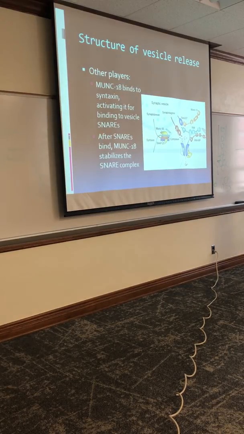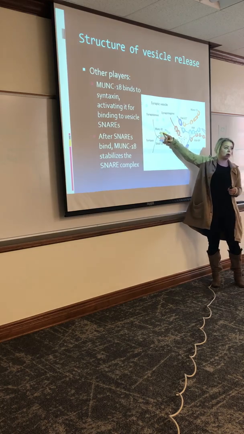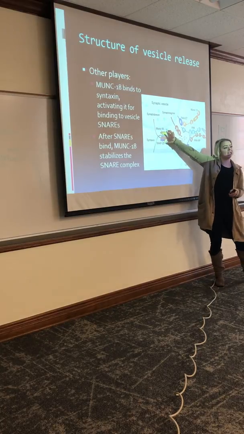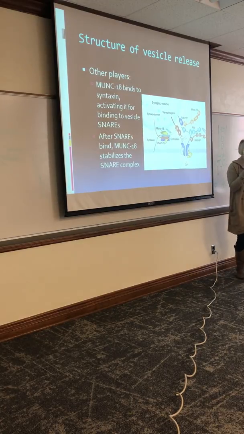So, all right, some of the other players in this system are MUNC18. So again, this protein is involved in the snare complex. It's this cool little boomerang shaped guy right here. And so MUNC18 is really just responsible for sort of stabilizing that whole complex. So you can almost think of MUNC18 as like a safety pin. And so after the complex is all bound together, so you have your T snares and your V snares that are attached together, MUNC18 can come in and sort of pin the whole complex together to keep it stabilized